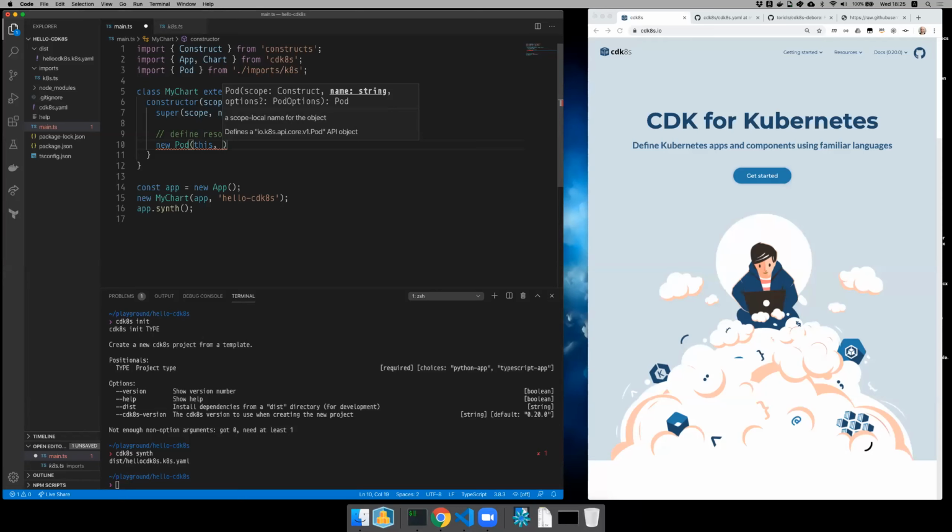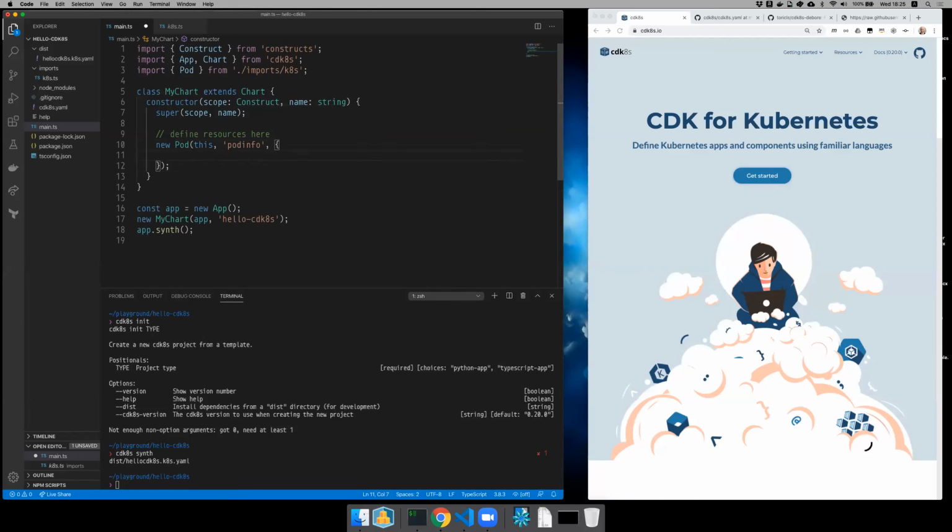And then I can specify a local name for this pod. And that is very different from how you define Kubernetes manifests, where you specify namespace global names. Every resource name in the Kubernetes world is confined within the namespace, but it has to be globally unique within the namespace. cdk8s offers a client-side namespacing that uses constructs. And so in this case, I can specify the name of my pod. So I'll just call it pod info. I'm going to use the pod info image to demonstrate how pods are created.